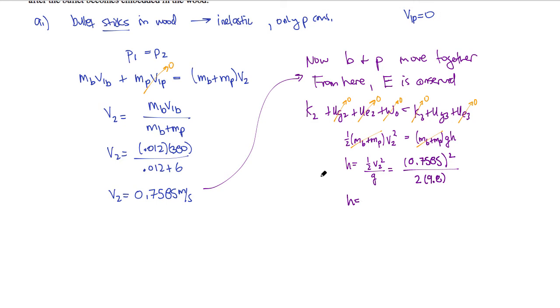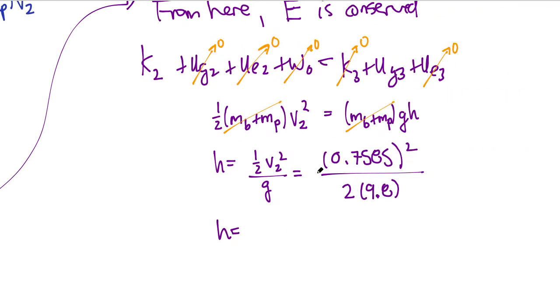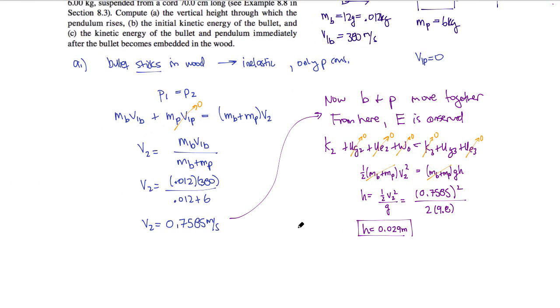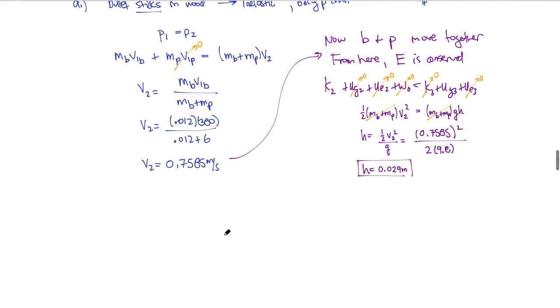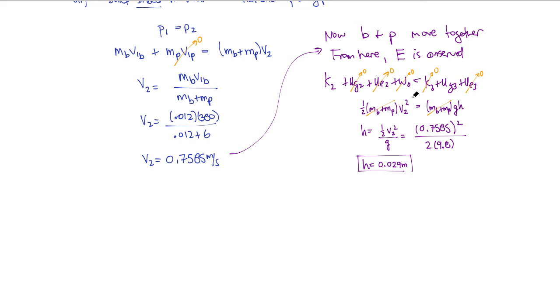So the height that our pendulum goes to ends up being only 0.029 meters. So there is our answer to part A. Now B says find the initial kinetic energy of the bullet and the kinetic energy of the bullet and pendulum after the bullet collides with the wood. So for part B,